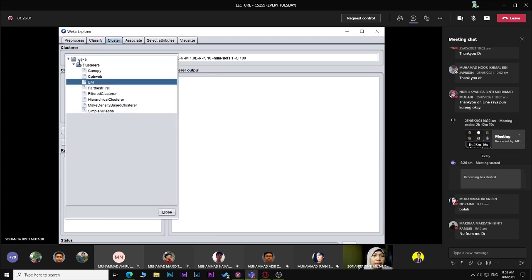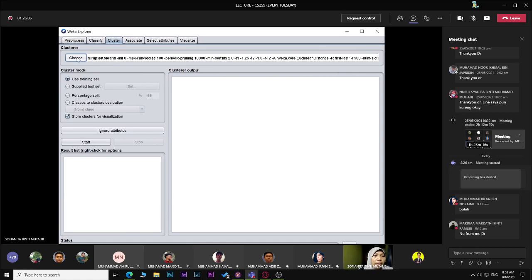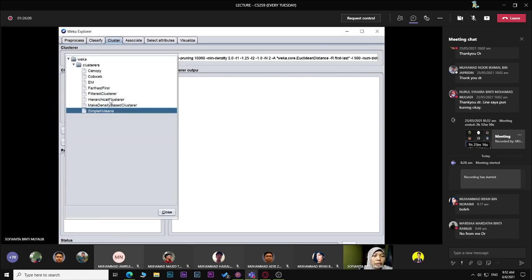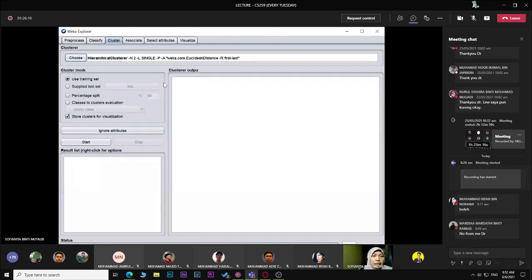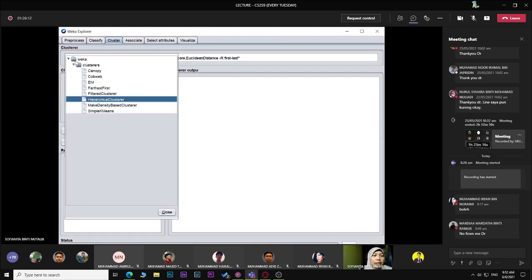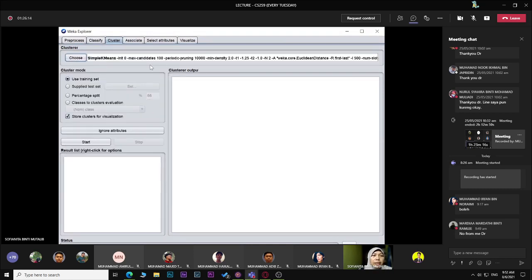Okay, so sekarang ni apa yang kita boleh buat dalam Weka for clustering. If you look at the clustering, choose here. Okay, so you can use simple k-means and also what we discussed today, hierarchical clustering. If you look at k-means here,